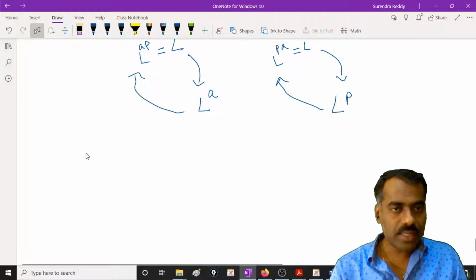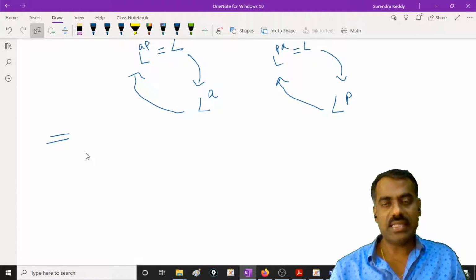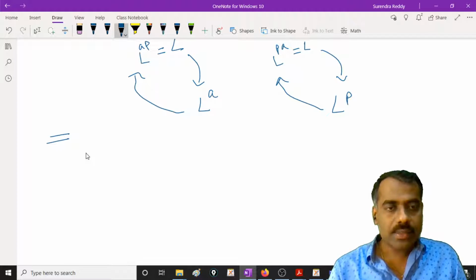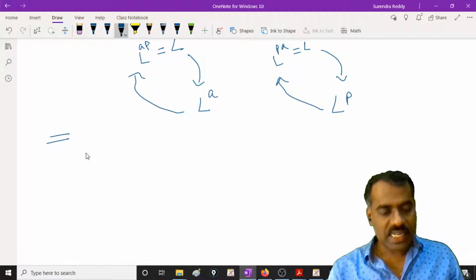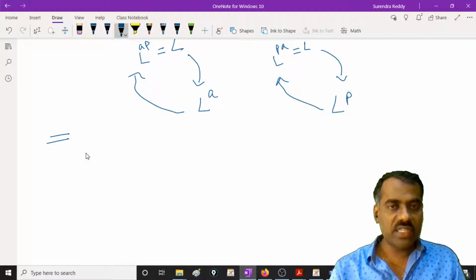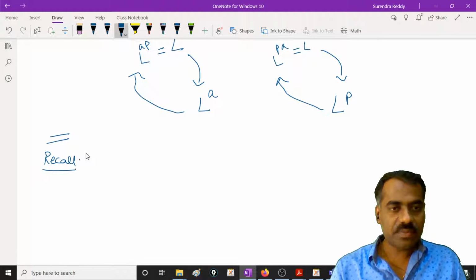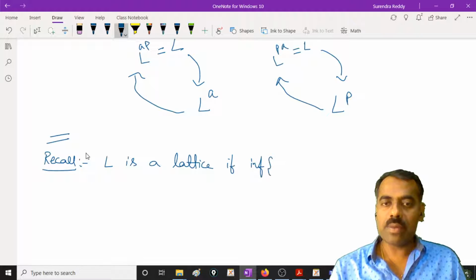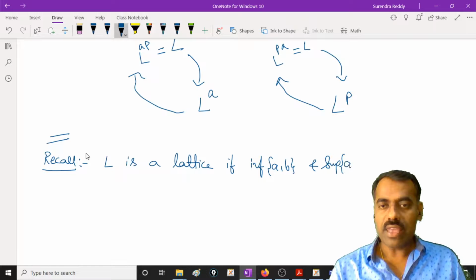Is this clear? Theorem results, a very interesting result. Now we have just seen this section will end with the following two definitions, which are weaker than what is meant by lattice. What we know, if we recall what is meant by lattice, L is a lattice if infimum of a comma b